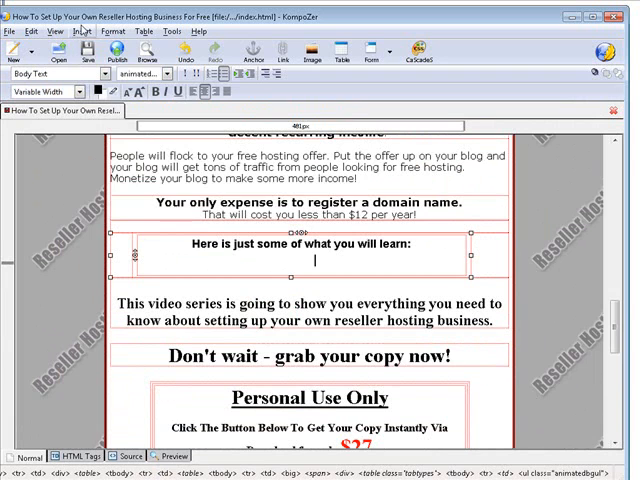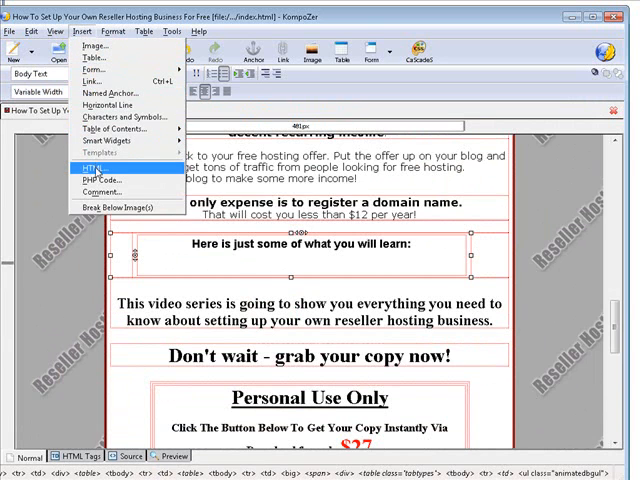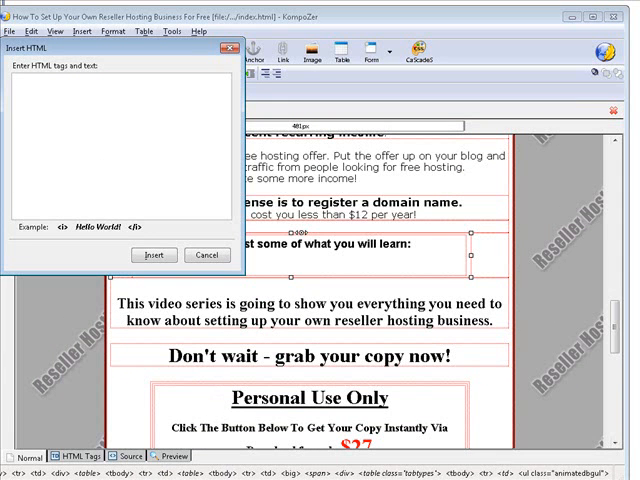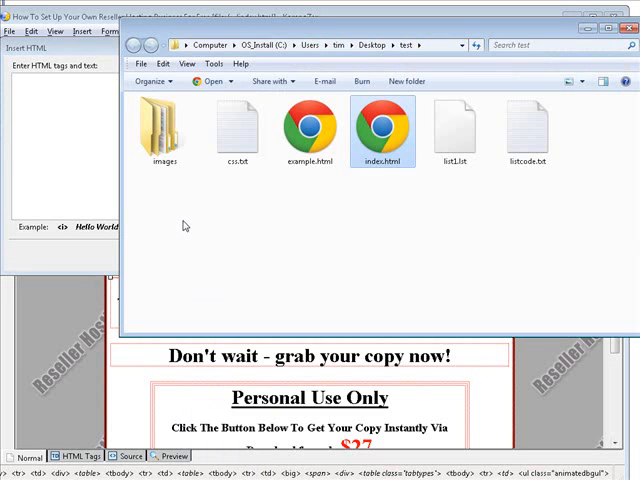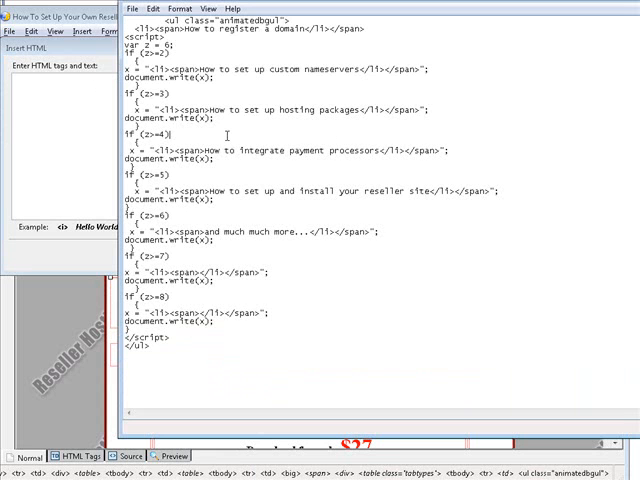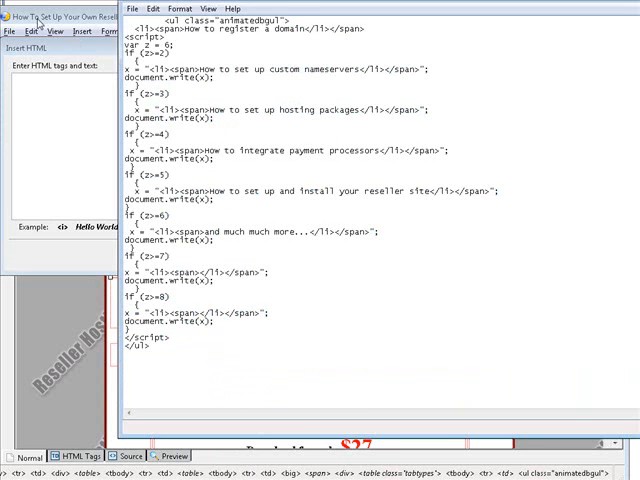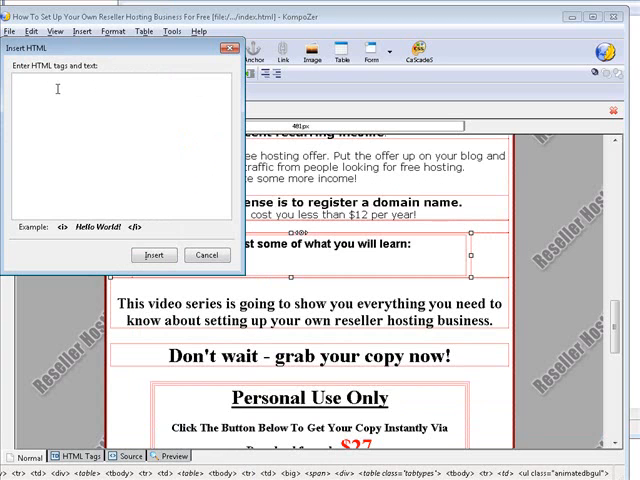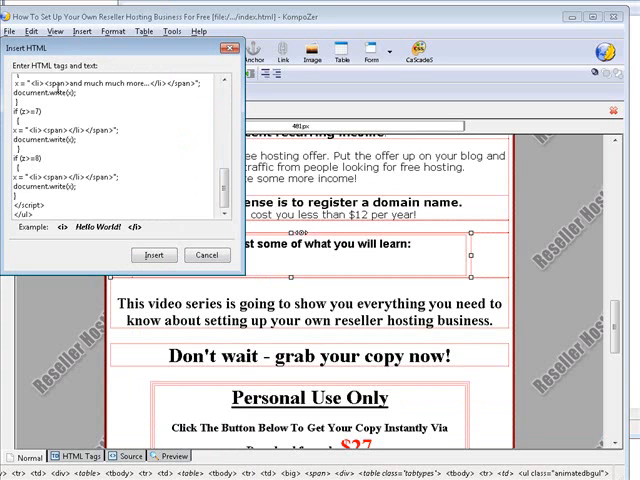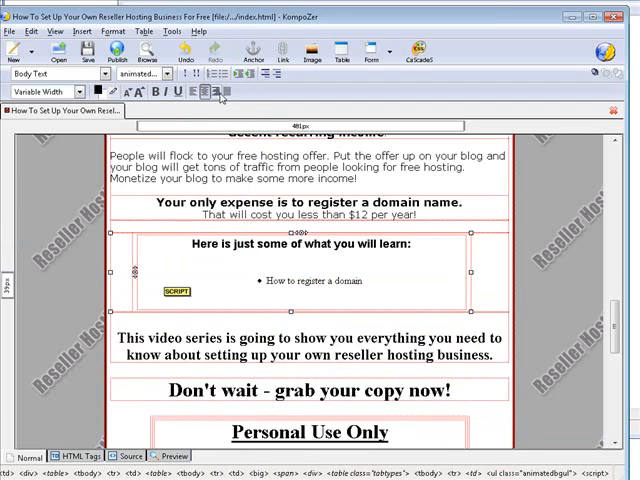So we're going to insert HTML, back to our code again, and this is going to be the list code text. So we'll select all of this, paste it in, and insert, and then